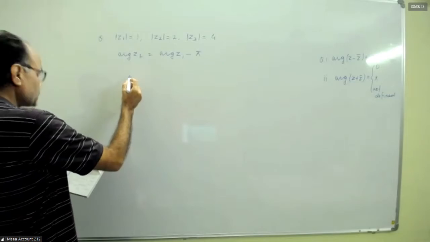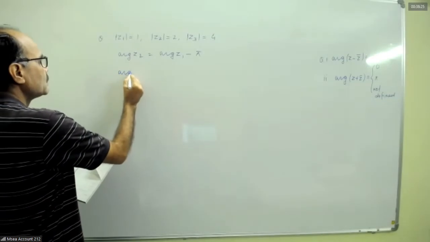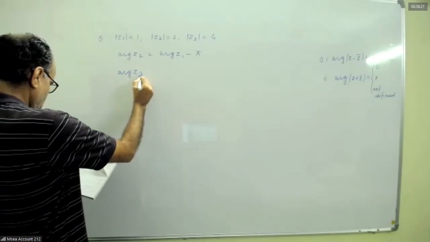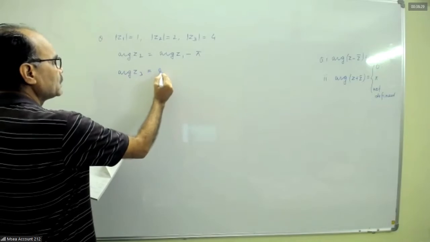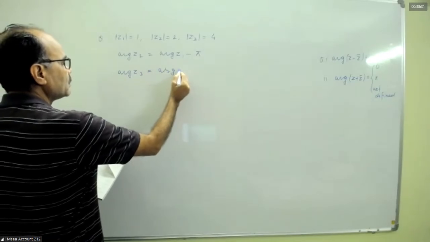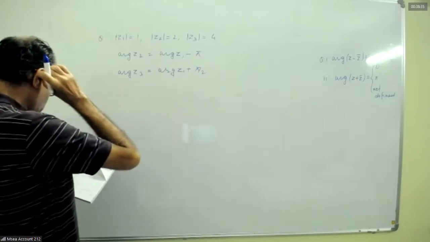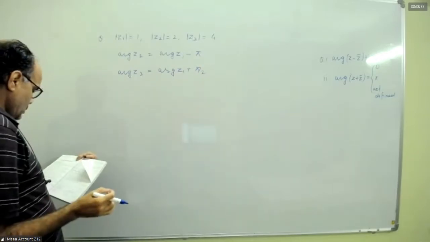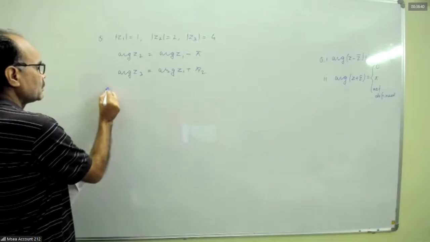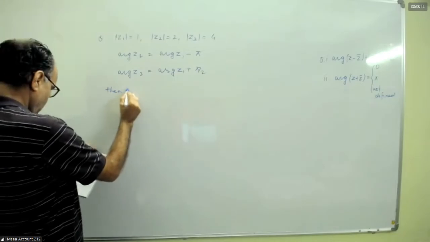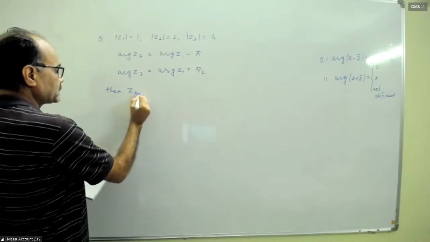Argument of Z3 is argument of Z1 plus pi by 2. Then Z2 Z3 equals...